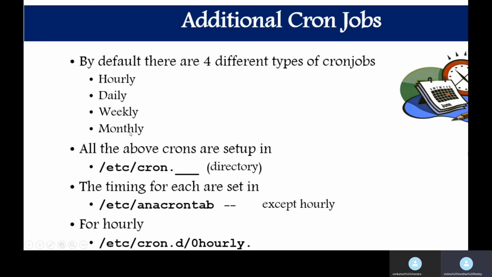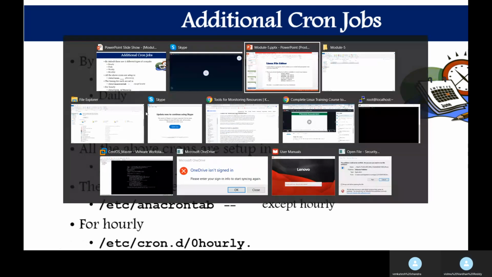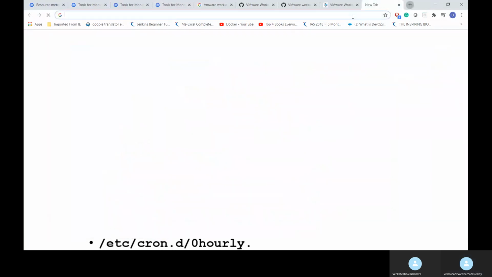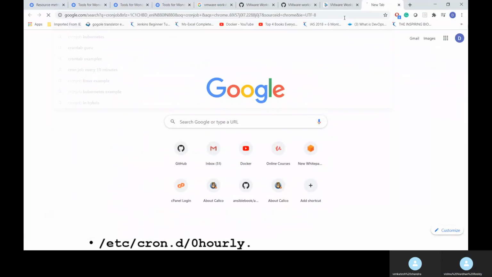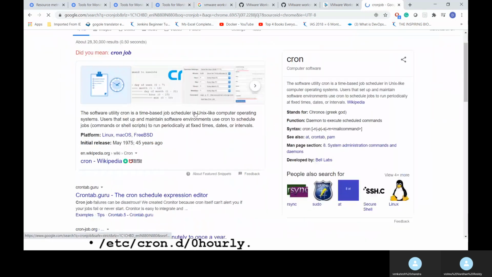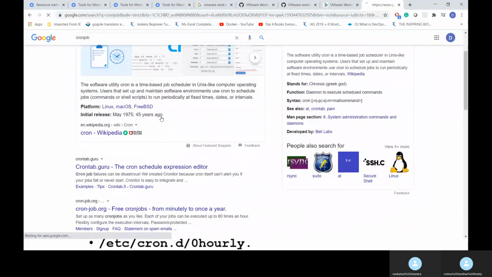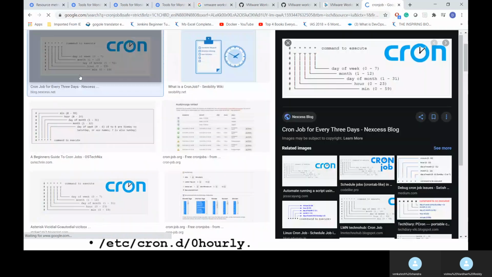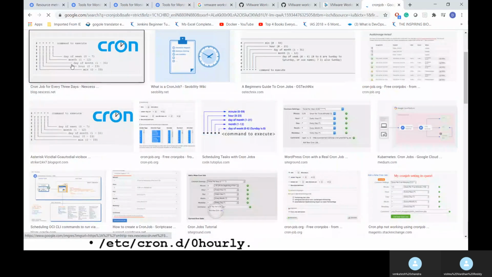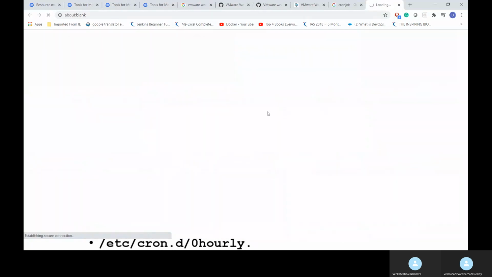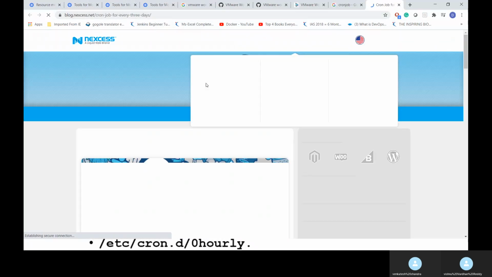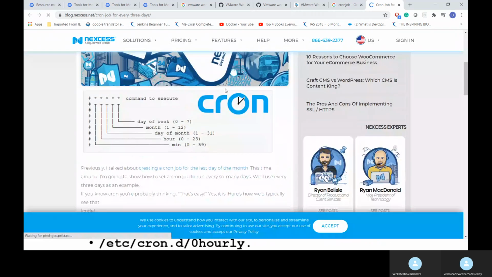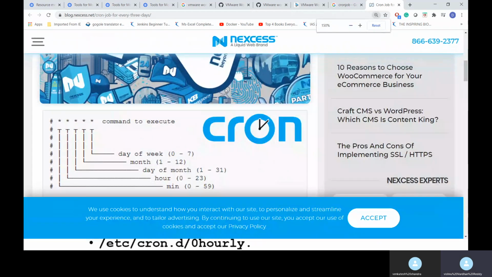So in the cron job file, what exactly does it look like? See, in the cron job file, these are the default variables: 5 stars and then the command to execute.